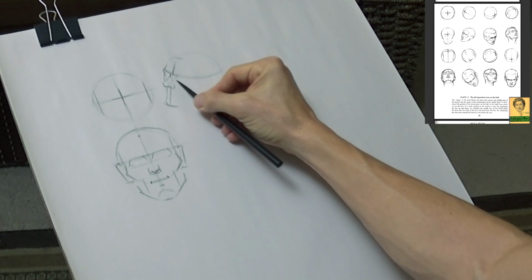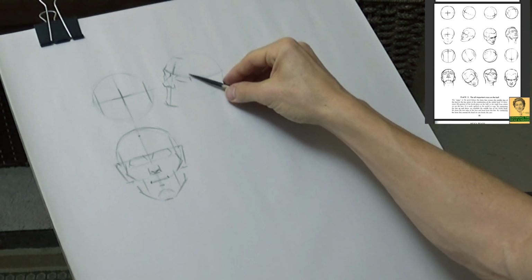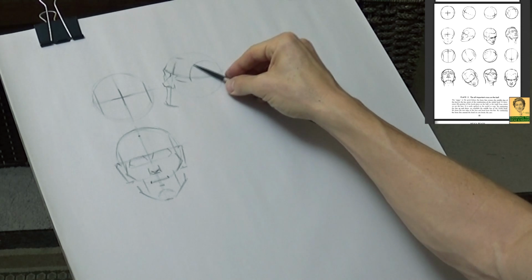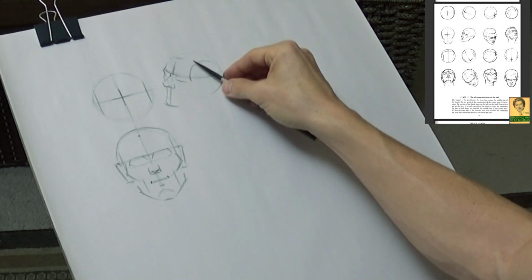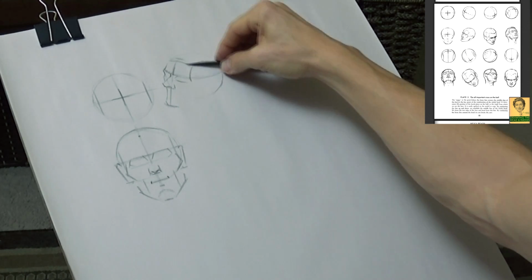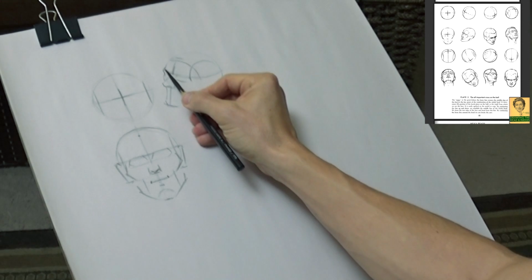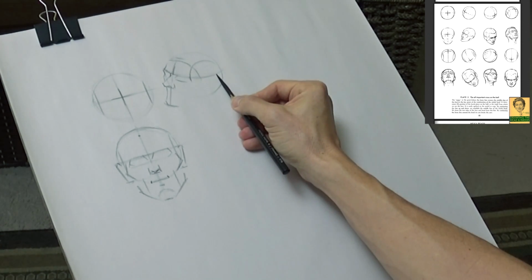And then the eye is somewhere down here. Then we have a plane change. So the side of the head like this. And let's do the brow ridge comes down. So that line that finds the hairline, you can also use that to find the top